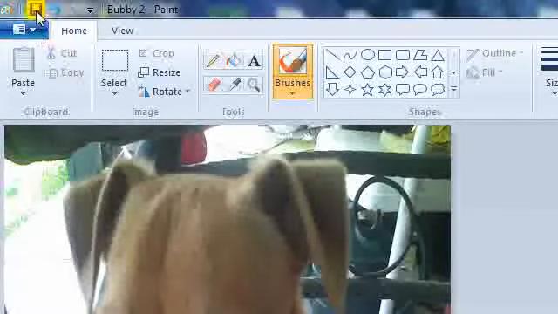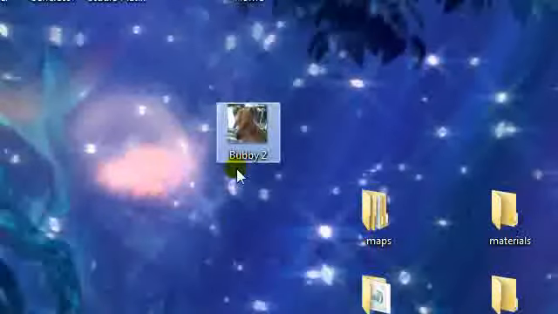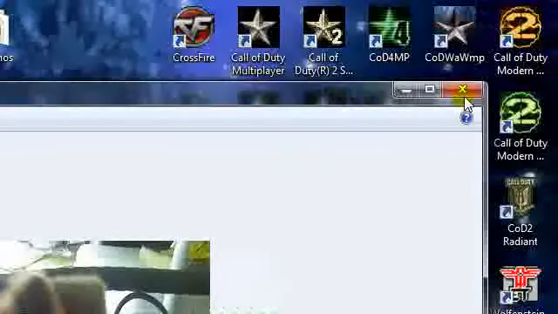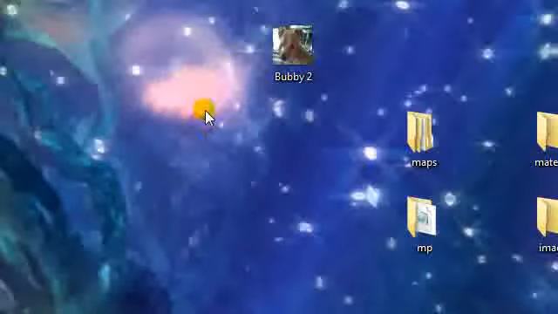Select Save. You can close Paint. As you can see, there's our resized picture of my dog. That's going to be in CoD2 Radiant whenever we're done with what we're doing. But firstly, before you